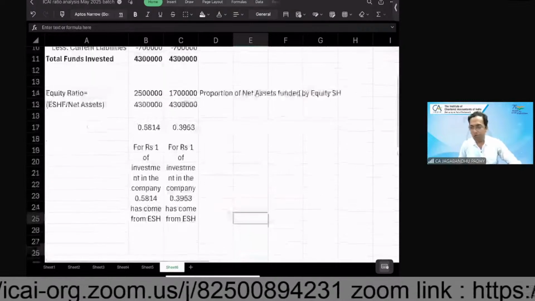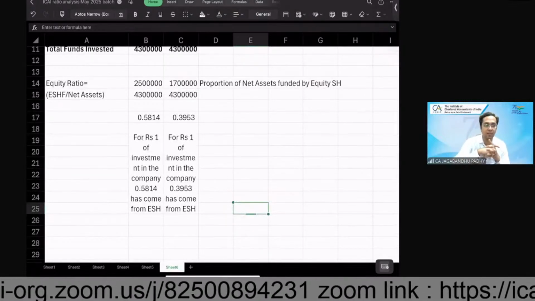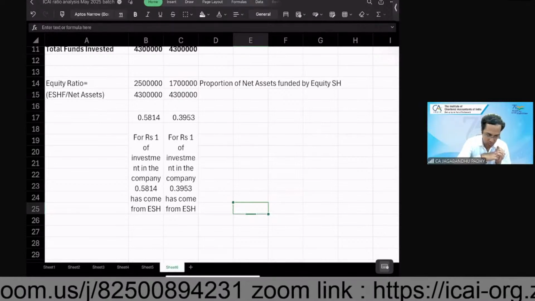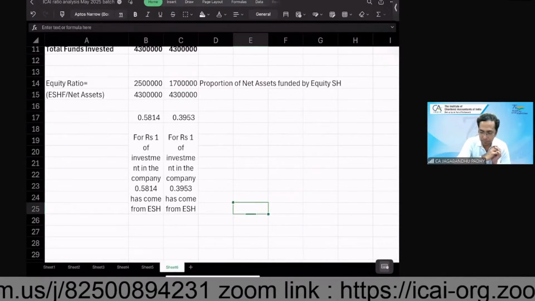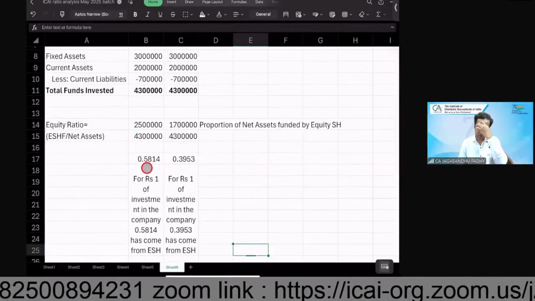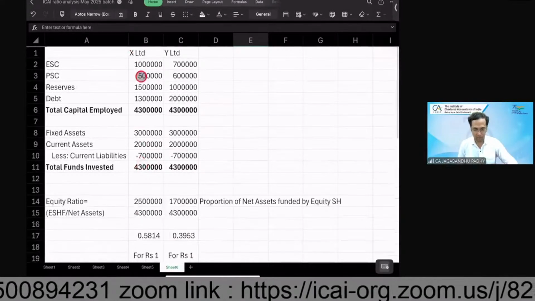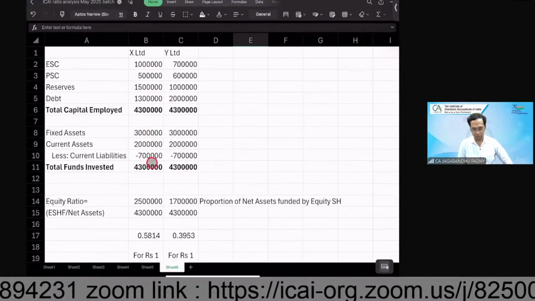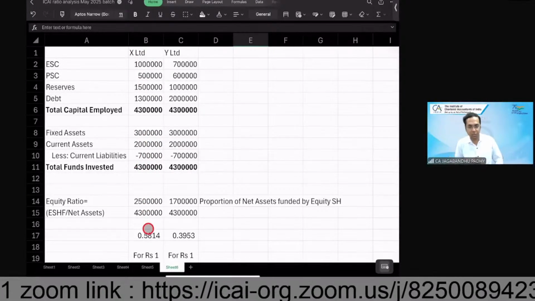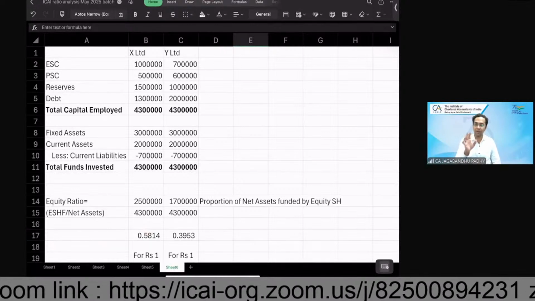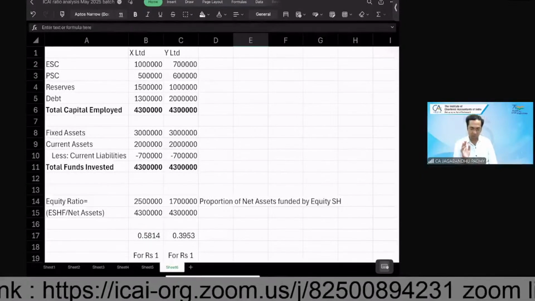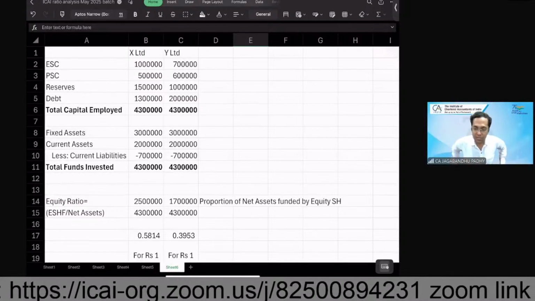So out of these two companies, can you tell me which one is having a greater degree of solvency or liquidity or stability? Company A, right? Because if you say 0.5814, company X, the first company, it means that it has got a greater proportion of equity funding. It has got a greater proportion of funding by the equity shareholders, the debenture holders and preference shareholders having a